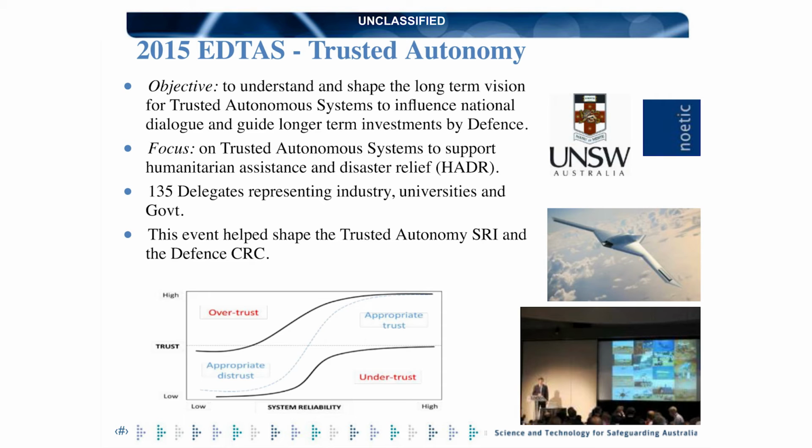So the first one, which was in 2015, I treat this as the pilot activity. We looked at trusted autonomy. What does trust and autonomy together mean? At the time, 2 years ago, it was certainly something that was foreign. And if you Google trusted autonomy, I think one DST report came up and that was it. So over 3 days, we actually explored this theme. What does it mean? What might the opportunities be? And as a result of that,